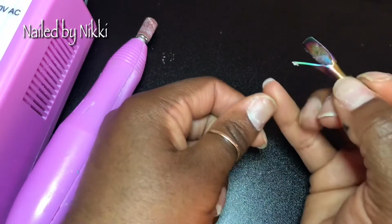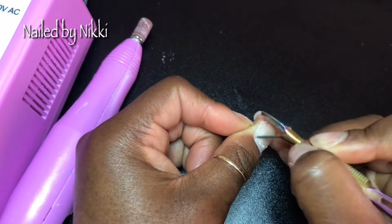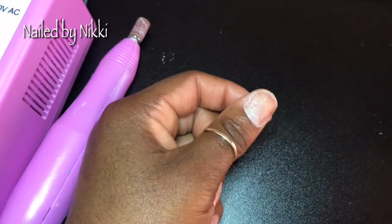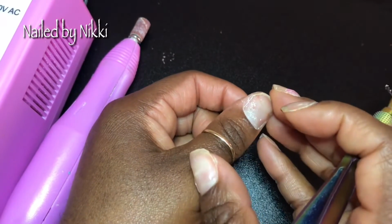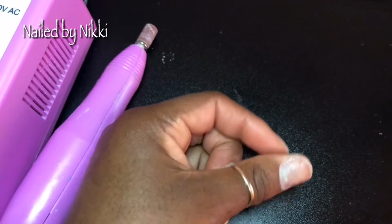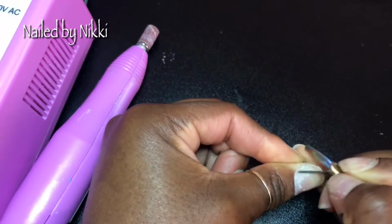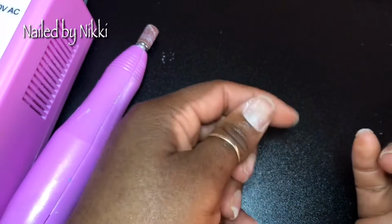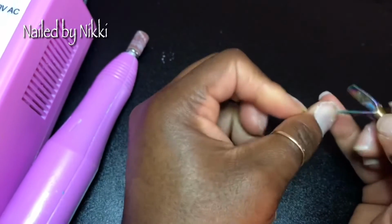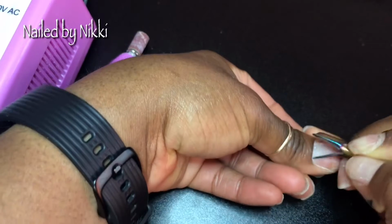But if you have a lot of cuticle growth, you want to remove it. You have to remove it. If you do not remove it, then that is not going to allow for a good adhesion of the nail extension to your nail bed, and then you're just going to have lifting, okay? So we don't want lifting. You want to go into 2019 looking flawless, honey. We want 2019 nails to be on fleek. I don't know if we can still say fleek in 2019, but in either case, we still want our nails to look good. So I am just removing the excess skin from around my cuticles,